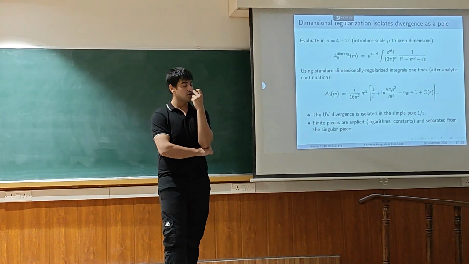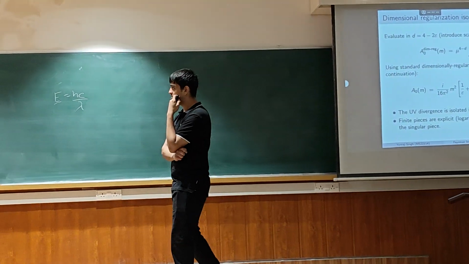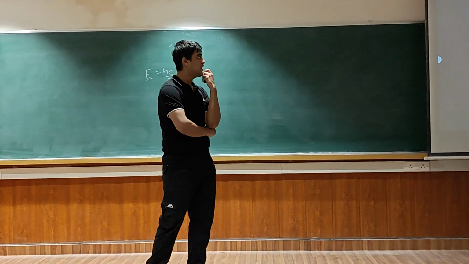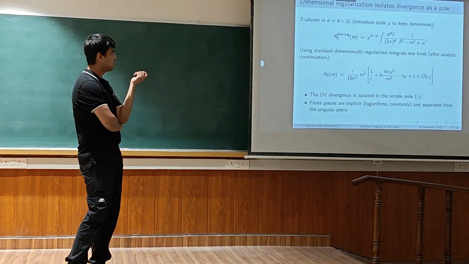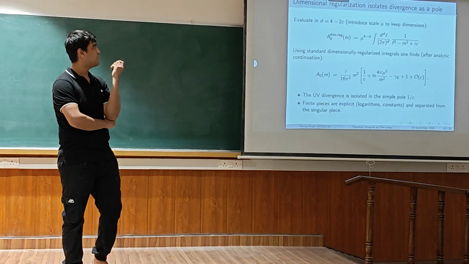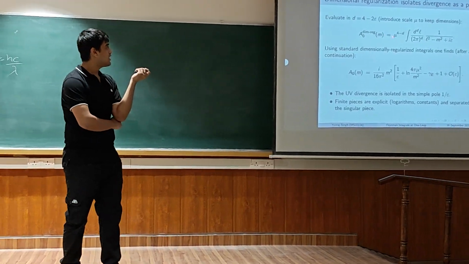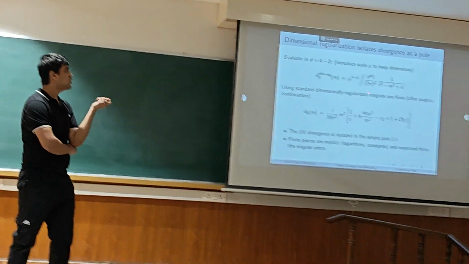So the second way was dimensional regularization. This is a trick which is mostly used when we solve any Feynman loop diagram. We introduce d equal to 4 minus 2 epsilon, where when epsilon tends to 0, d is equal to 4. We introduce a mu which is